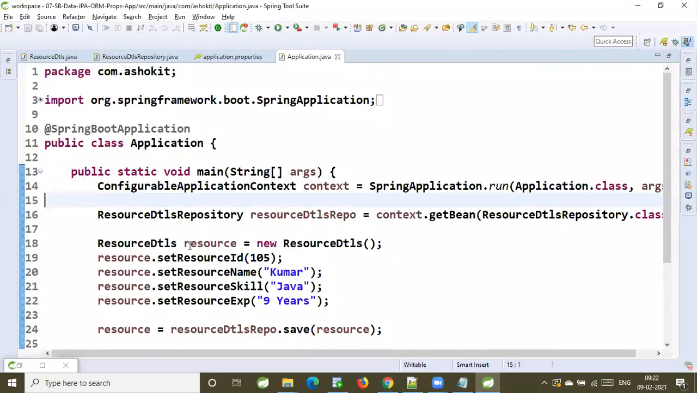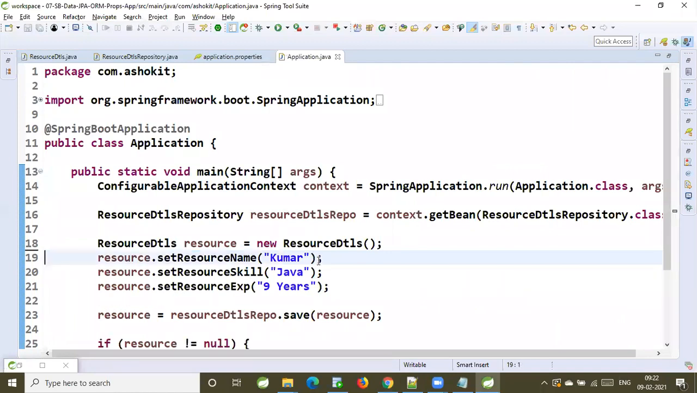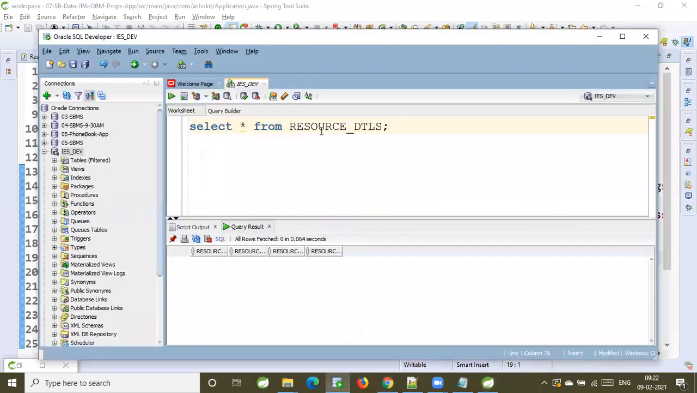Currently, I am trying to insert a record into the table by setting the primary key. Actually, should we set the primary key value manually? No, we should not. Remove it. I'm setting the data for only name, skill, and experience. But if you check the table,